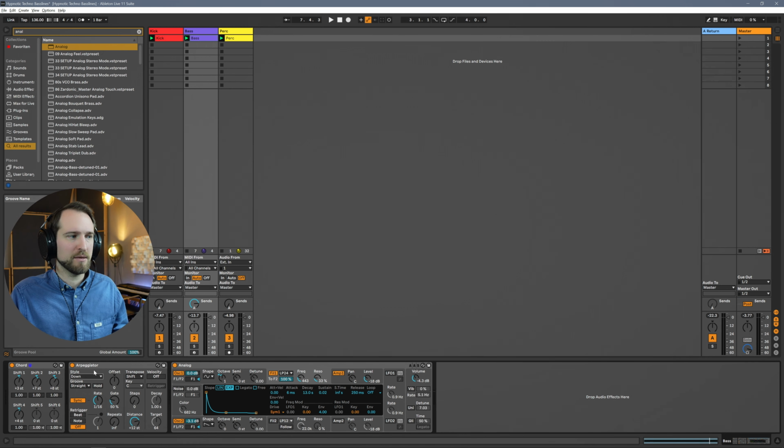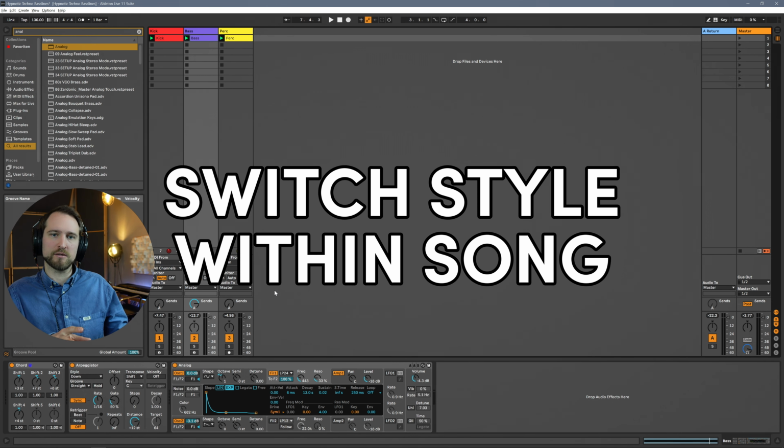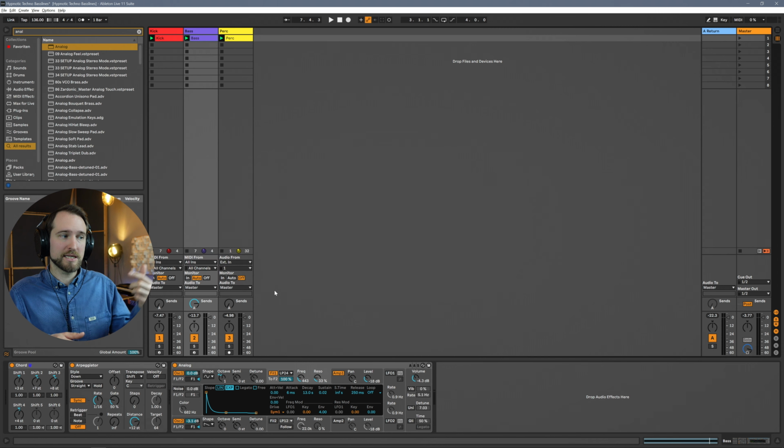I personally like to keep it in this like down arpeggio style and then maybe switch it up throughout the song. So if you come to a new part, you can then switch the setting, for example, or create a duplication of that bass line with a different setting. So these are interesting ways to work with this, but now let's talk about how we can make the sound